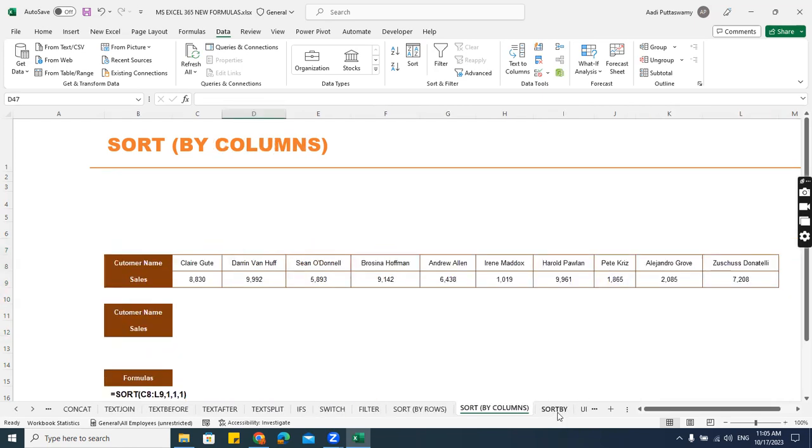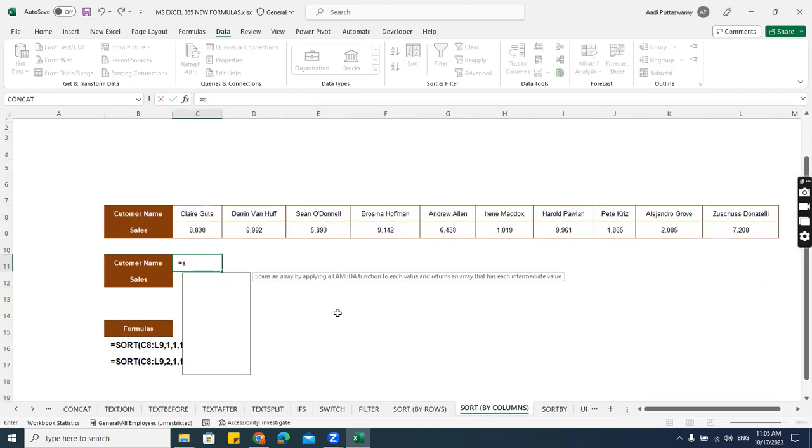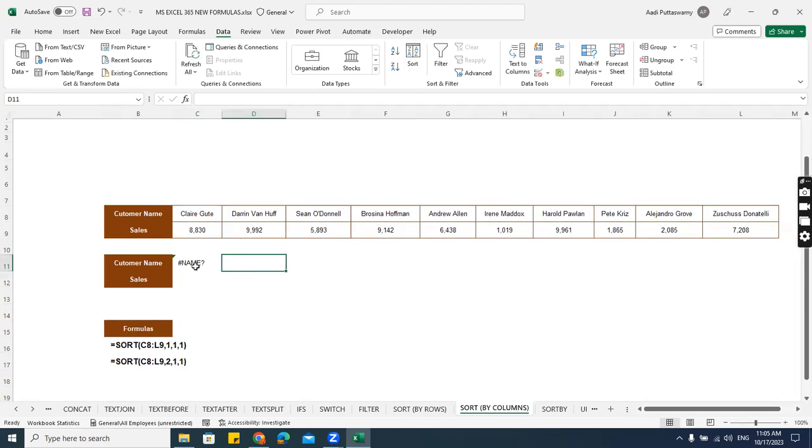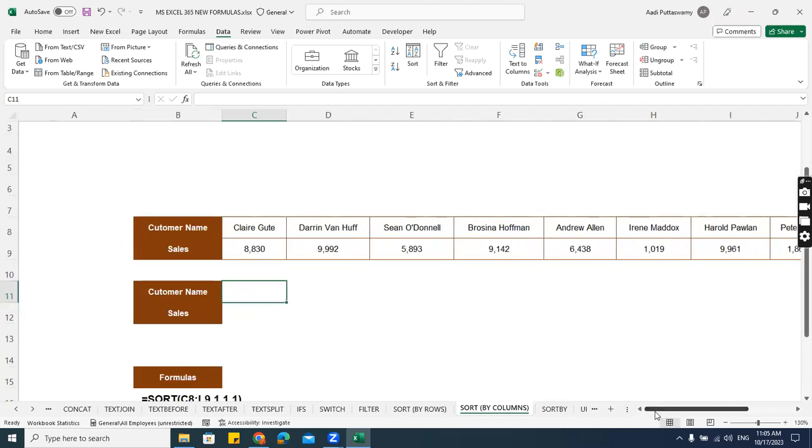Suppose I want to sort the data by columns, then you remember that last parameter I had given, 0 or 1, that is true or false. That we can do here. I'll go here. Now, here we'll say equals sort. Let me zoom this. Equals sort array. I'll select this,